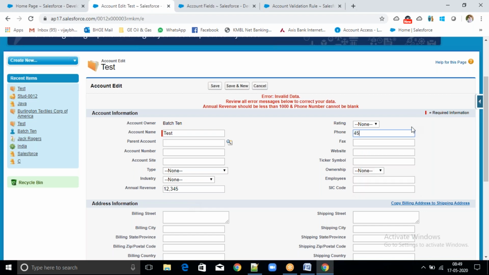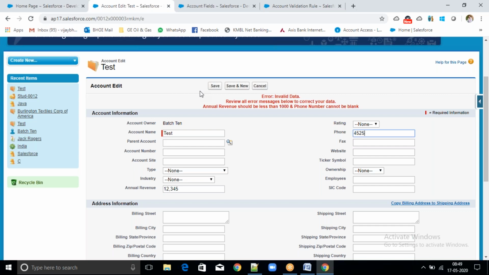Now here I will enter something, a phone number. Now it will give error or not? Check the condition and tell correctly now. I think it will give. No, sir, it won't give, I guess. Okay, Suraj. I'm not sure, sir.